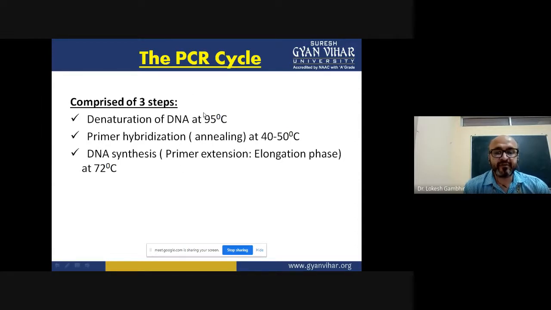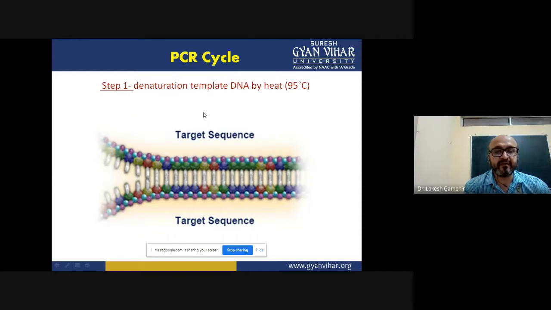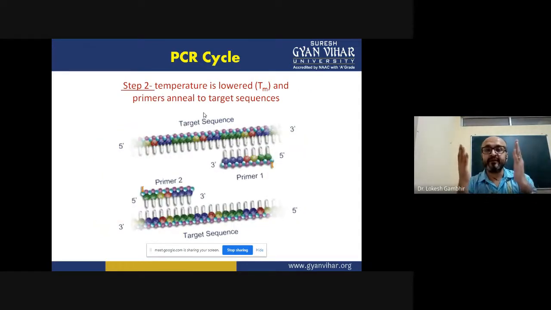When we are talking about the PCR cycle, it is divided into three different stages. First and foremost, you have to open up your double strand DNA, and that opening up is temperature dependent. So you are heating the complete solution to 95 degrees Celsius. When it reaches 95 degrees Celsius, the double strand is opened into single strands. Now, once the single strands are open, you need to target the portion against which you have the primers. So you have to attach the primers. The primers will go and bind to the single strand sequence. This binding of primers to the single strand DNA sequences is called annealing.